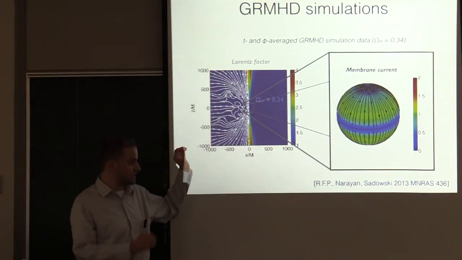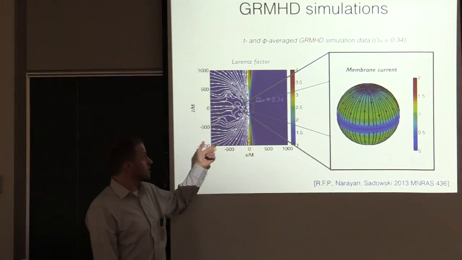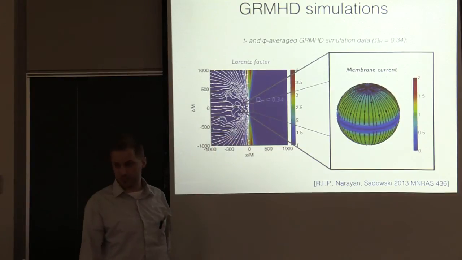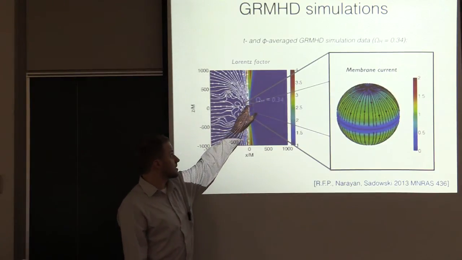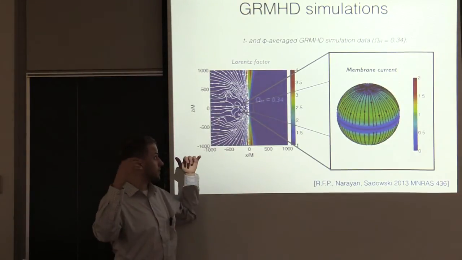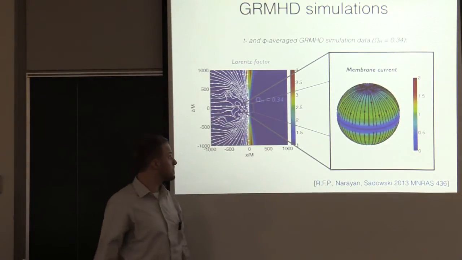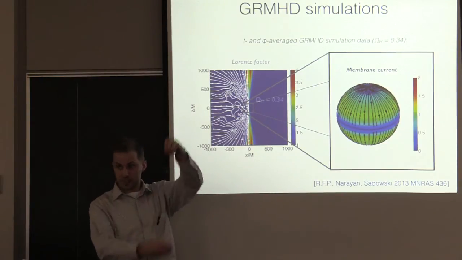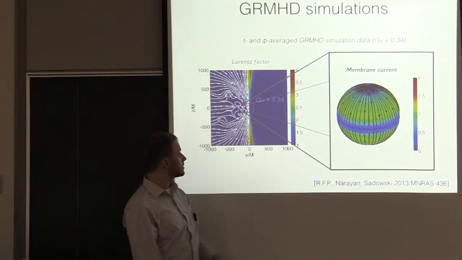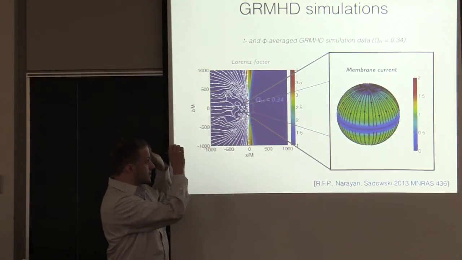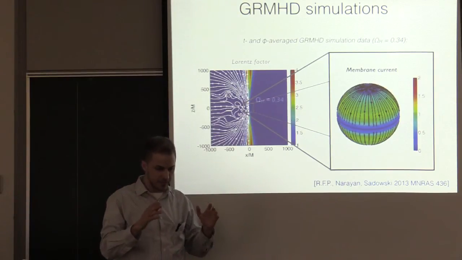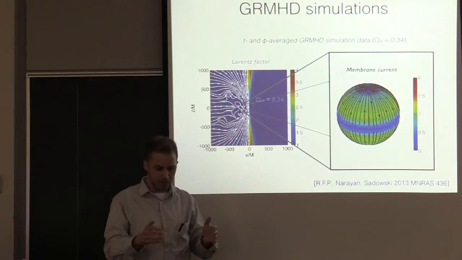So here are the simulations I mentioned. This is one of my general relativistic magnetohydrodynamic simulations of a black hole jet. The black hole is in this centermost pixel. It's being fed by an accretion disk, which doesn't show up in the plot, but there's an accretion disk bringing fields onto it. And then it spontaneously develops a jet. So what I'm plotting is the Lorentz factor of the jet. It's hitting Lorentz factors of 4. So this is the simulation data. The simulation doesn't use the membrane paradigm in any way. It just does its thing in an ordinary black hole problem setup.